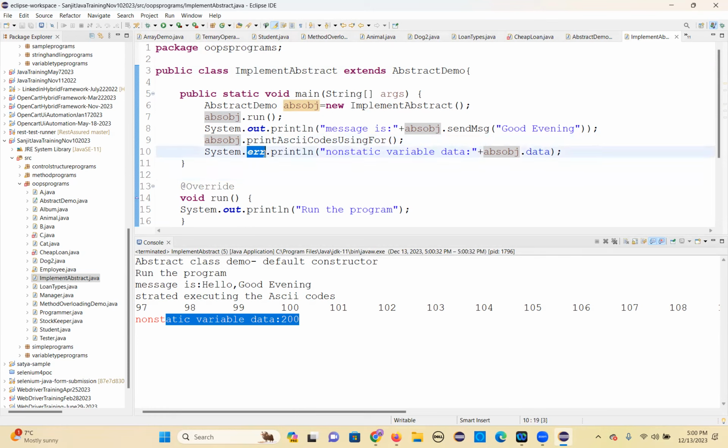Maybe I just used System.err. That's why it is printing in red color. If you use System.out.println, it won't print in red. Okay, so that's all. And tomorrow we'll discuss